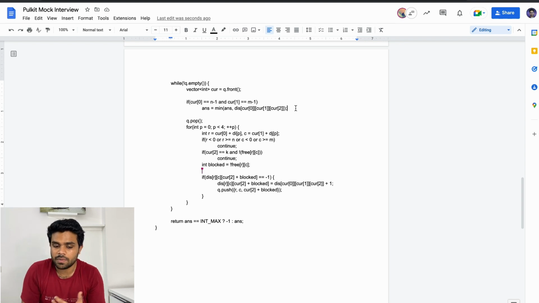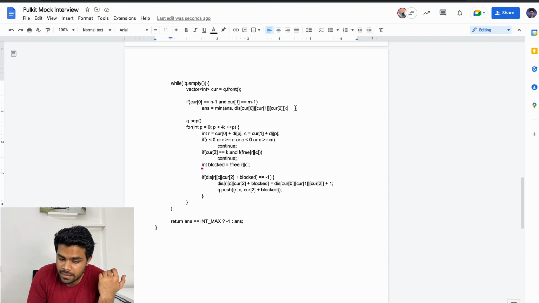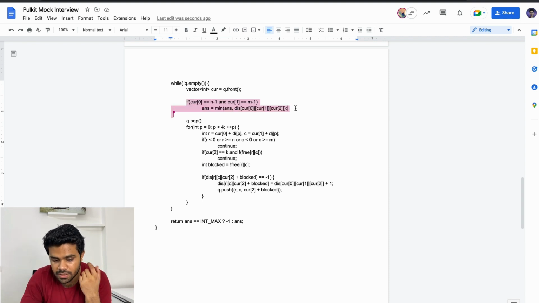Yeah, but what I'm saying is that because we are doing a BFS and reaching this cell for the first time, I think then we have the answer, right? Because it is already the minimum path. Yeah, I think that makes sense.